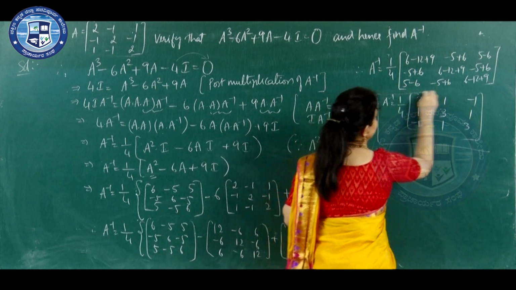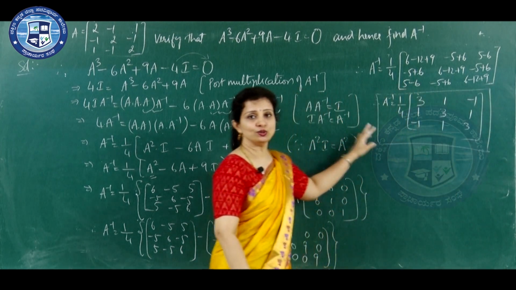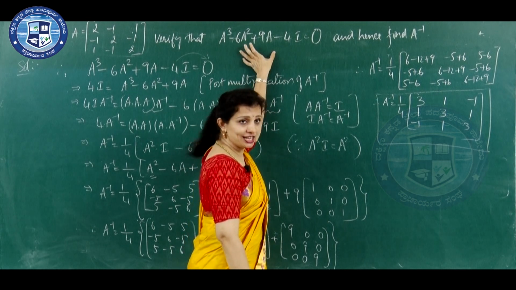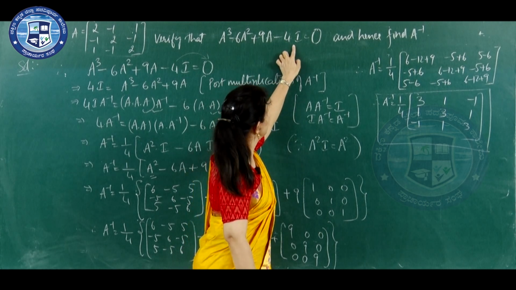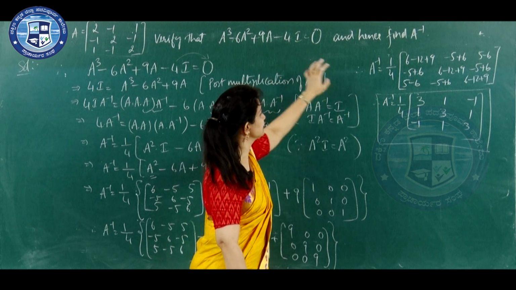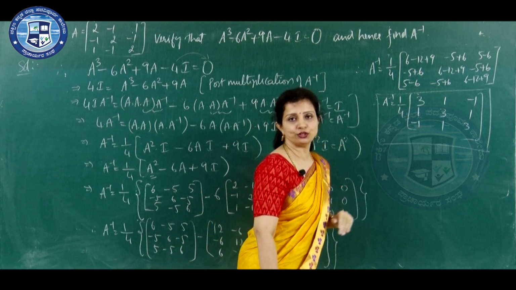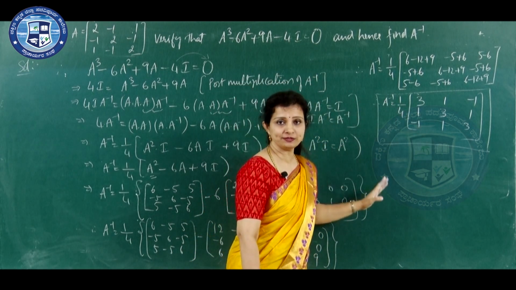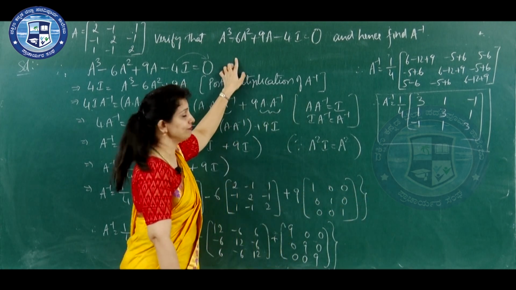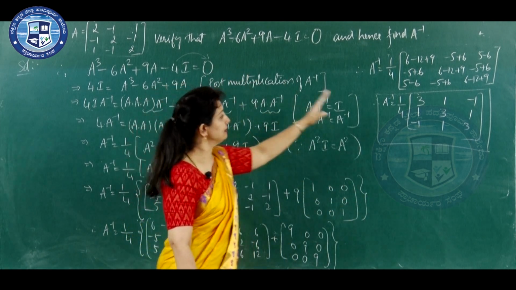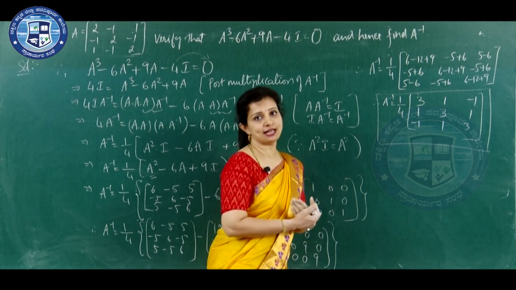It is A inverse. So, using the equation which involves the square matrices, we got A inverse. So A inverse can be obtained after proving the equation with the matrices, then finding A inverse using that equation.